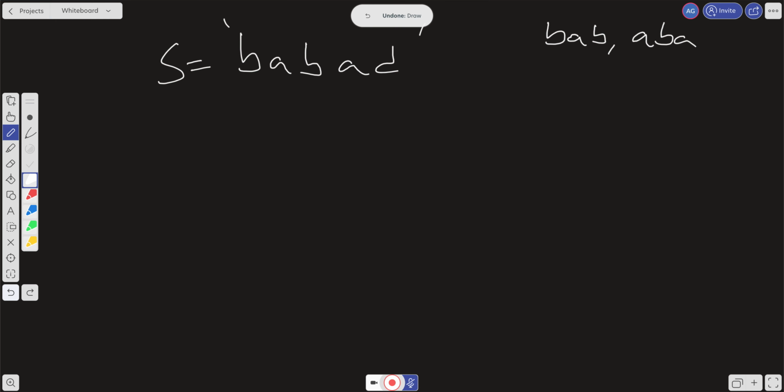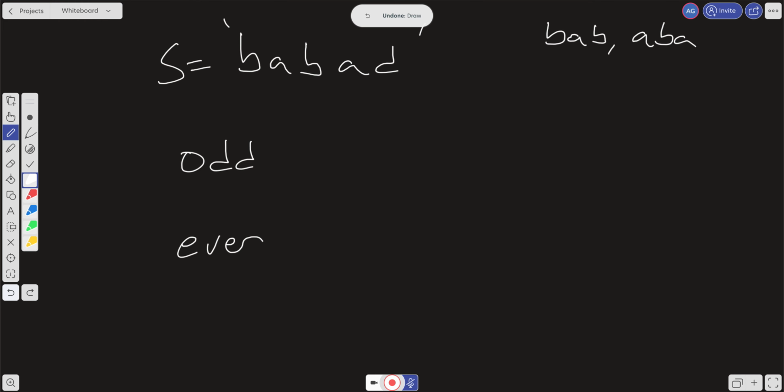So with palindromes, there are even palindromes and odd palindromes. Okay, so we can have an odd palindrome or we can have an even palindrome. And what is the difference here? I'm sorry, an odd palindrome is going to have a single character in the middle, but every other respective character as you move out has to be the same. An even palindrome,